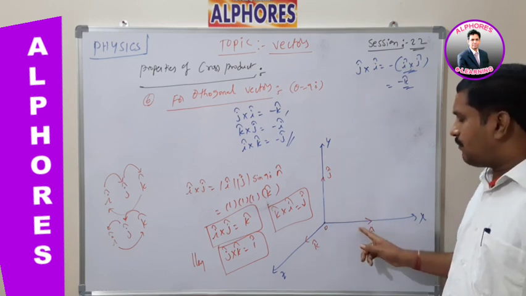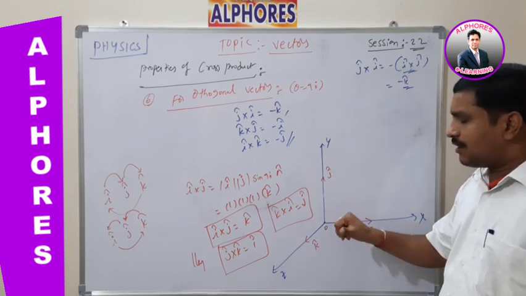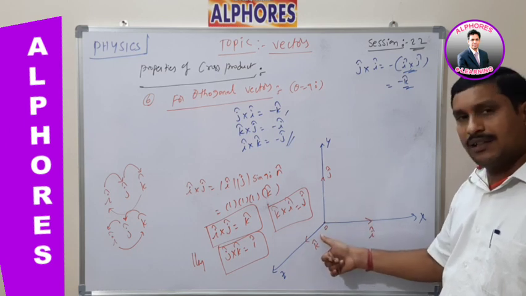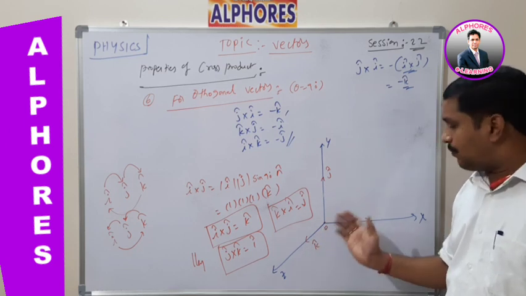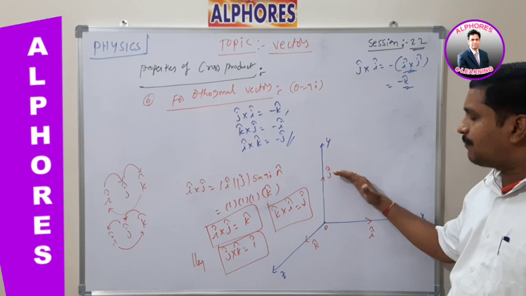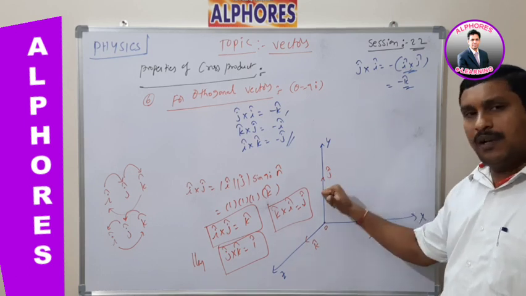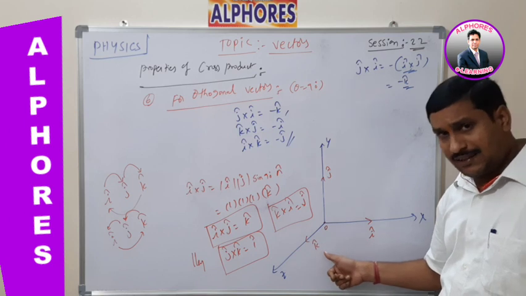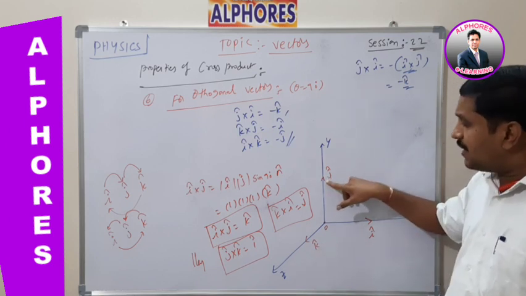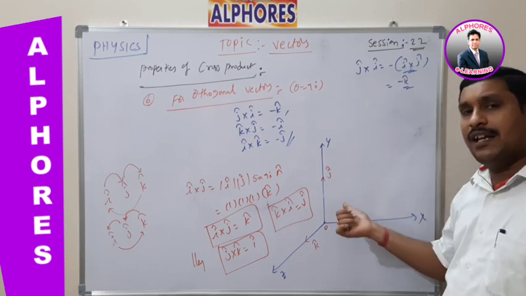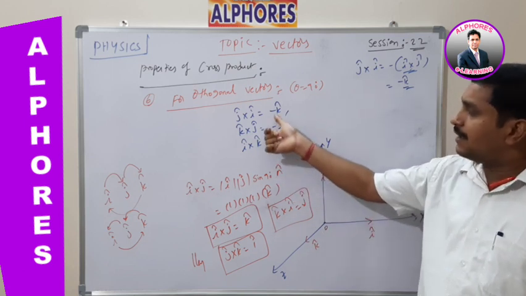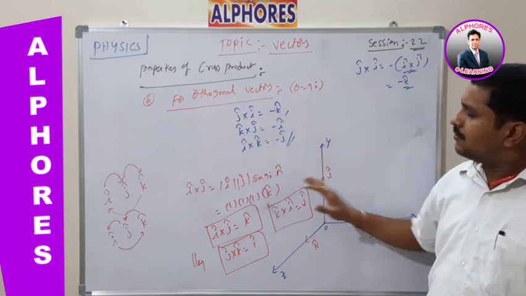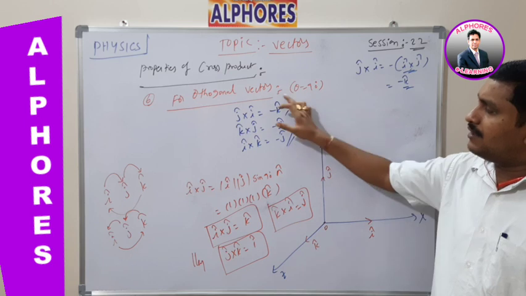That means the rotation of one vector towards another vector gives the third vector. The thumb indicates the third vector, which is perpendicular to the plane. Suppose this rotation of i cap towards j cap, it means the resultant is perpendicular to the board, that is, perpendicular to the xy plane, which means the positive z axis. Suppose this rotation of j cap towards i cap, it means it is in the negative z direction, here minus k cap. Like this. So as per the right hand thumb rule only, we got these relations.